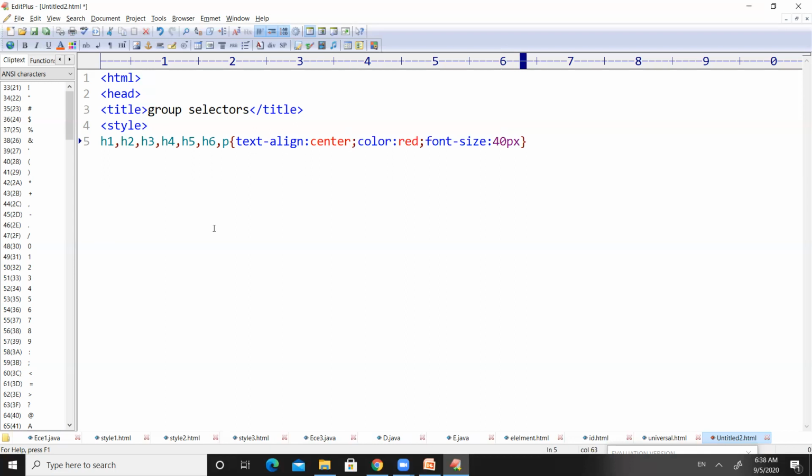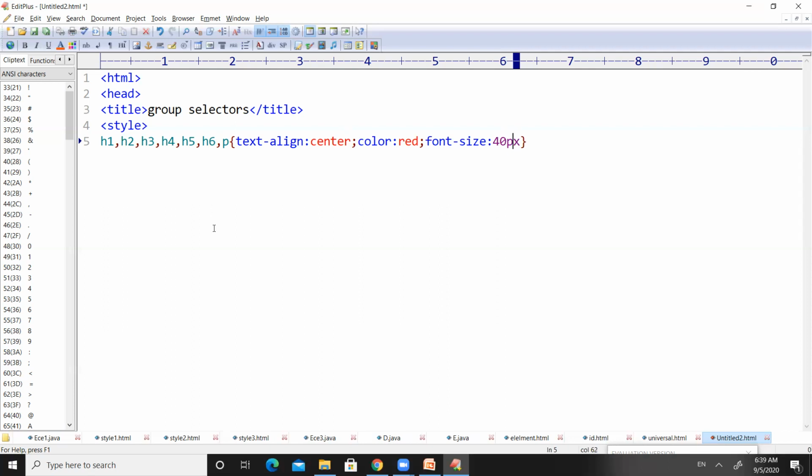We all know how H1 will display text, or we all know how H6 will display text. If anybody doesn't know how H1 to H6 will display text, we can follow the first program of the HTML, which was 2 weeks before, right? So here, if you use font size 40 px, all the elements, that means H1 to H6 and paragraph, all these 7 elements will display the text with the same font size.